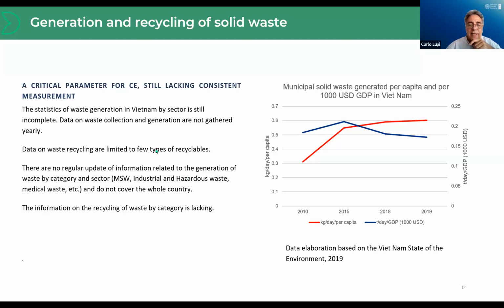But still, on the basis of data elaboration based on the Vietnam state of the environment, we may see the picture that we already saw for the other indicators, that when we compare to the population, the rate of waste generation increased, whilst if we compare that to the GDP, we have a decrease or a stable situation. So just to conclude,